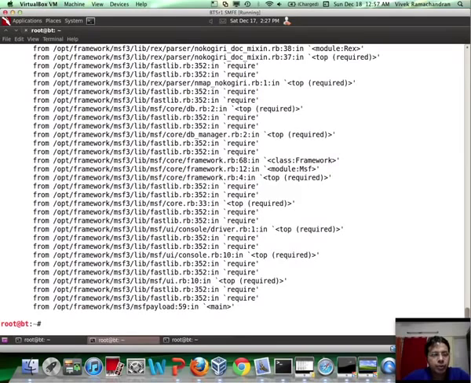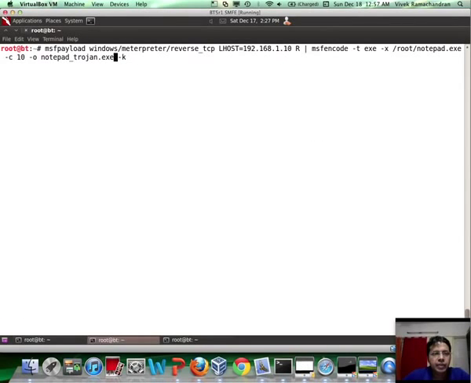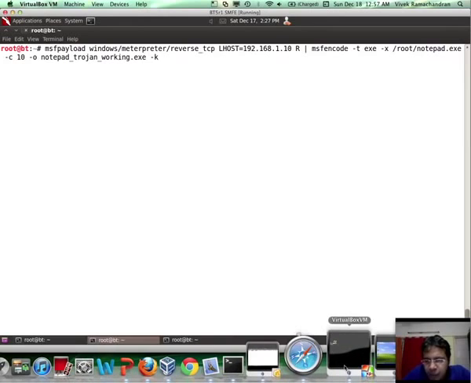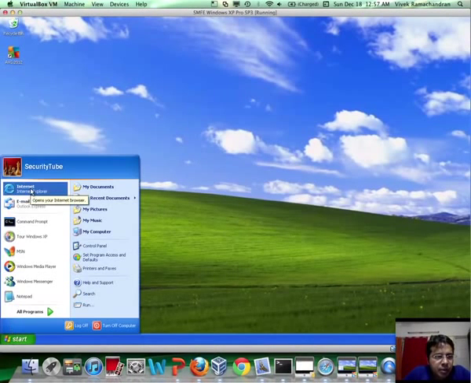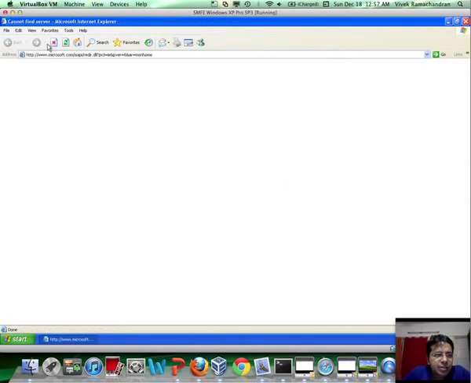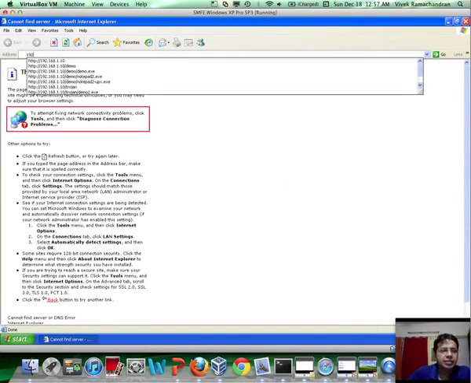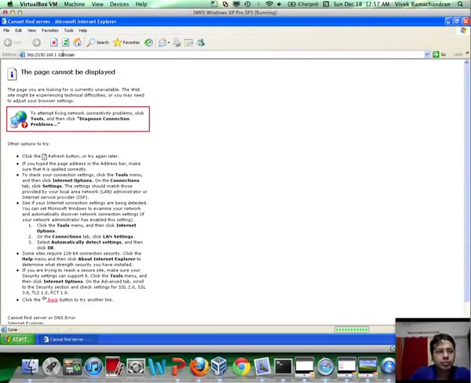Actually, I don't want to overwrite the old file, so let me just say working. This is easy. Takes a bit. In the meantime, what I want to point out is if we had done the same thing on a computer which has one of the latest AVs like AVG,